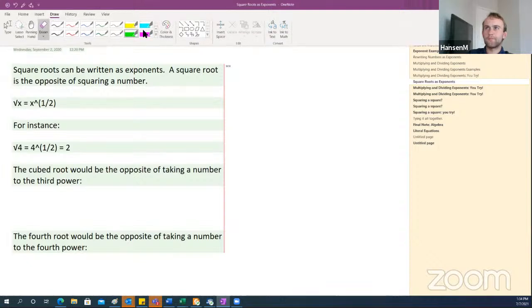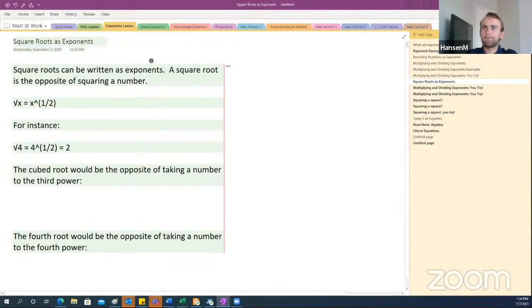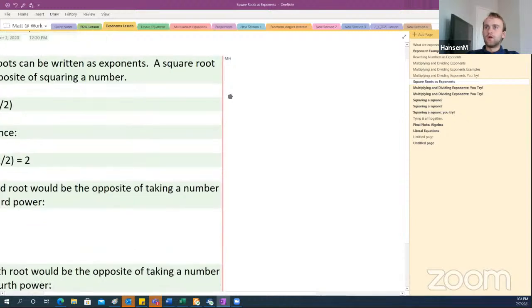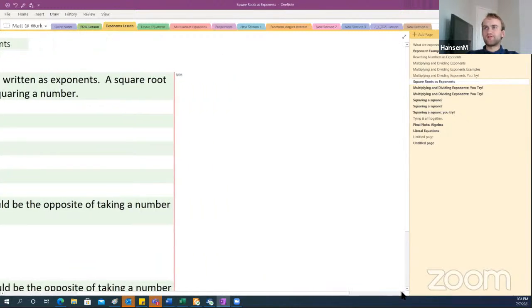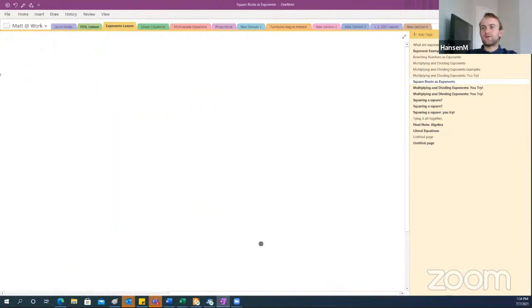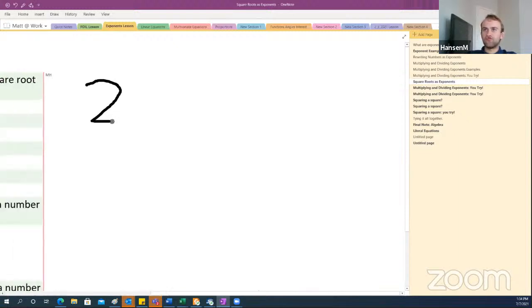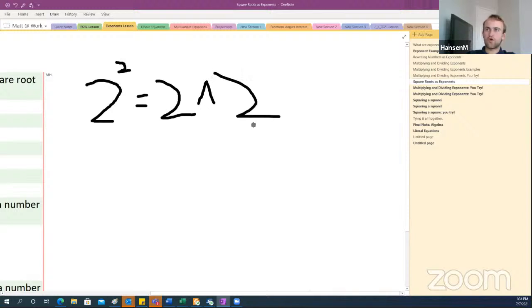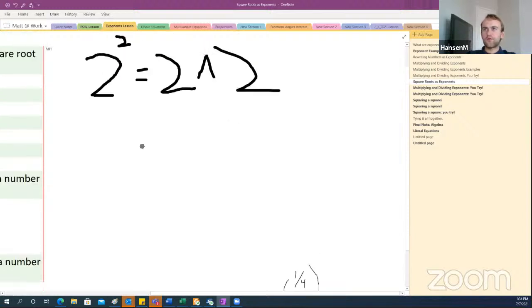So, square roots. What does that notation look like? Similarly to exponents, we could write it in two ways. As an example, you might have 2 squared being equal to that 2 caret 2 notation I showed y'all earlier. A square root is written in two different ways. If we were to take the square root of 2, you could either